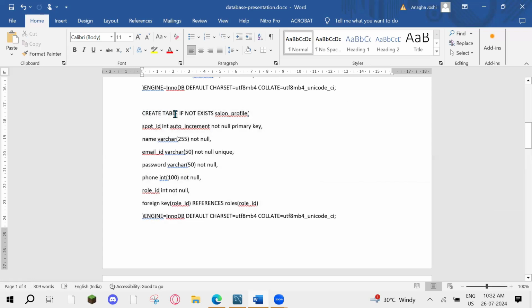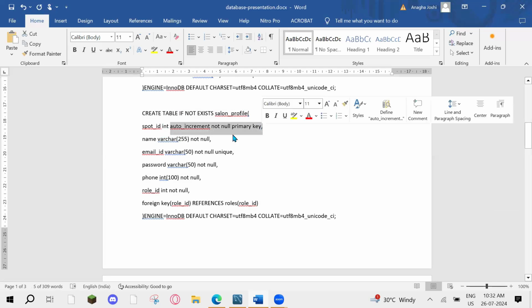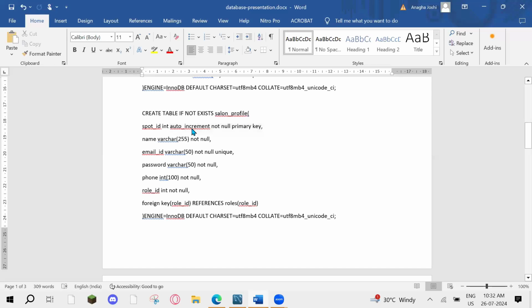So create table, same thing, if not exists, this table name. After that, the variable name, the type of variable, that is integer data type. Then we are giving the constraints on that. It is auto increment, should not be null, and then it is a primary key. Primary key is a combination of unique and not null. Then the name,